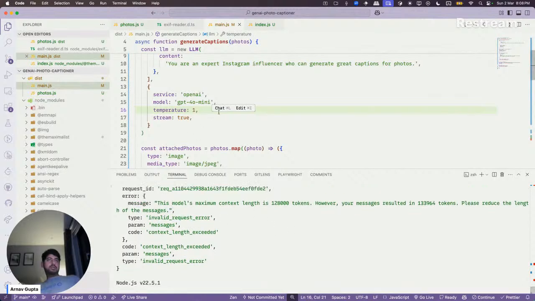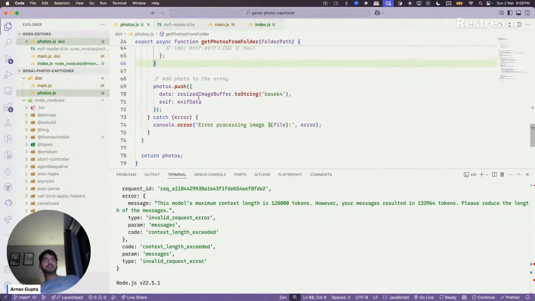Okay, this can't handle these big images. Can we reduce the image sizes a bit? Maybe we can.